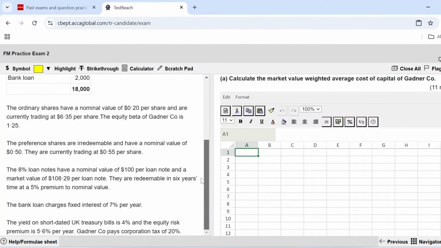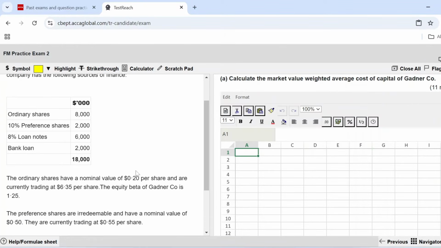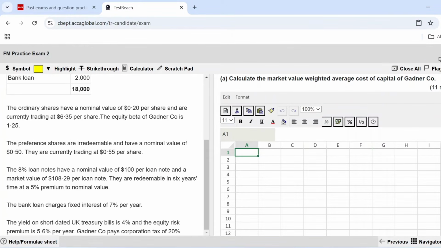So this is the scenario which pertains to the requirements. Let us have a read at the scenario now. So the scenario says Gadner company wishes to calculate its weighted average cost of capital. The company has the following sources of finance: ordinary shares 10%, preference shares 8%, loan notes, bank loan. Ordinary shares information is given to us. They have a nominal value of 0.2 per share and currently trading at 6.35. Equity beta is given. Then you can see information with respect to preference shares. Then you have information pertaining to loan notes, and then you have the bank loan fixed interest rate of 7%